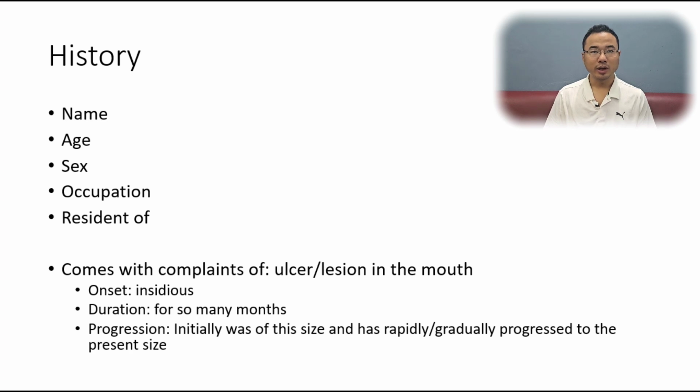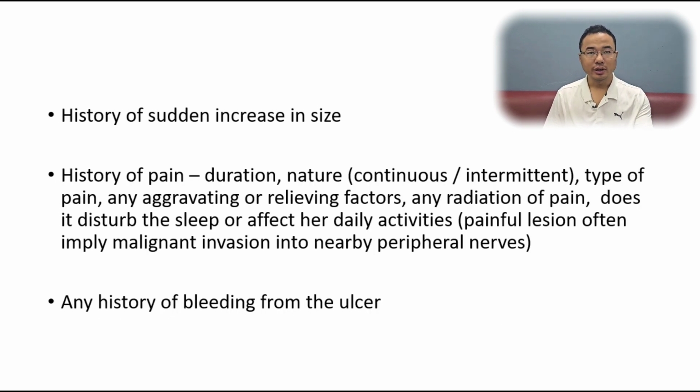We have to ask for the name, age, sex, the occupation and the residence of the patient. Then the chief complaint: the patient comes with complaints of ulcer or lesion in the mouth, and the onset, like it's of insidious onset, and the duration, how long this swelling or lesion or ulcer has been there, and the progression, that it was of this size and has rapidly or gradually progressed to the present size. Then we ask for the history of any sudden increase in size, then history of pain,